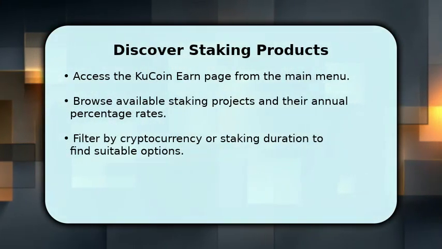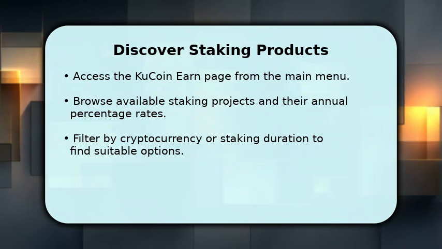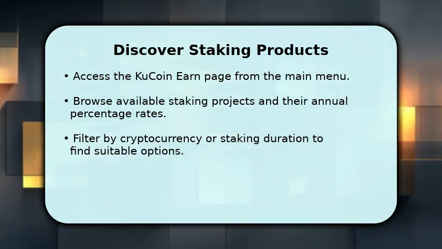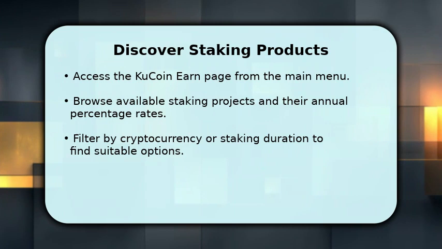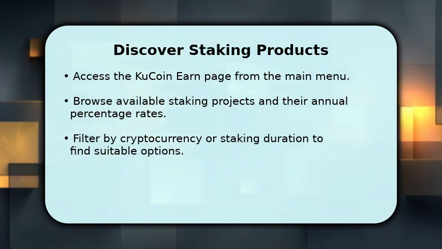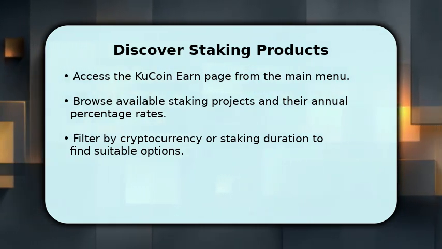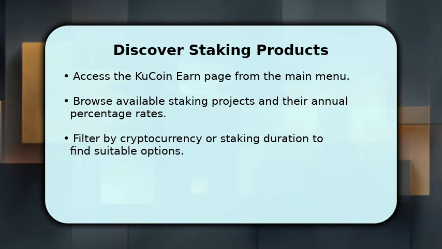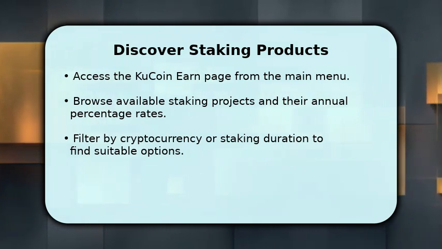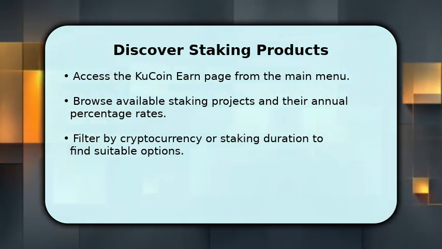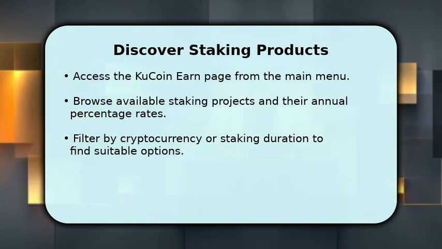Once on the KuCoin Earn page, look for the Staking tab. You'll see a list of available cryptocurrencies and their estimated annual percentage rates, or APR. Take your time to review the different projects. You can filter by specific coins or by the duration of the staking period, helping you find the best fit